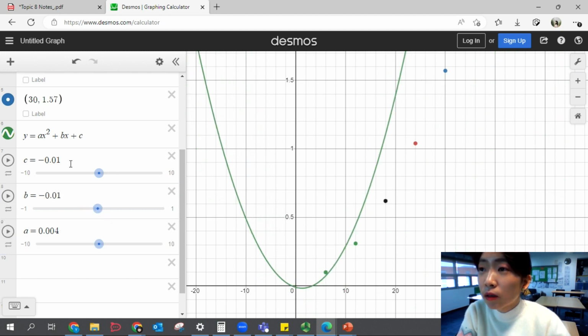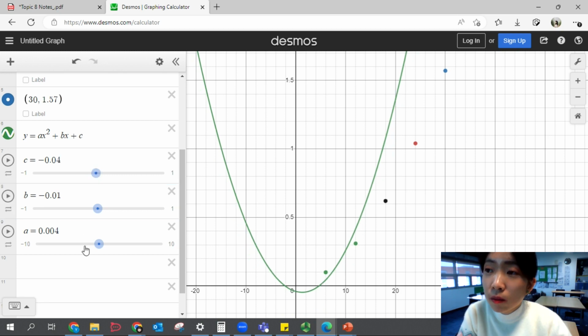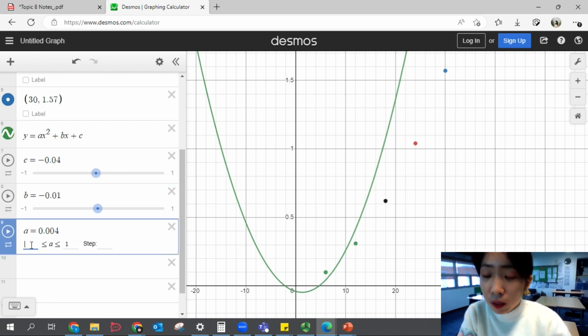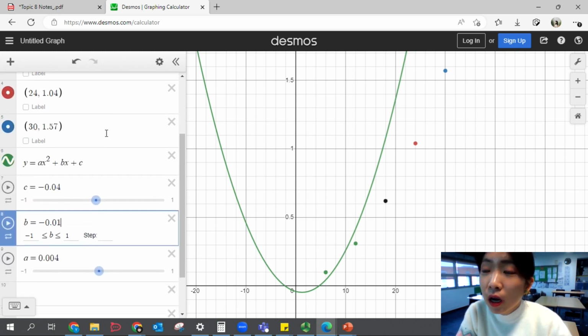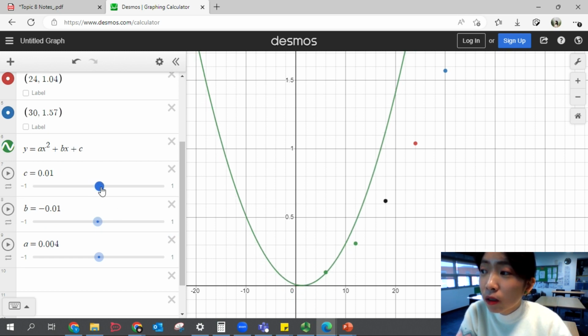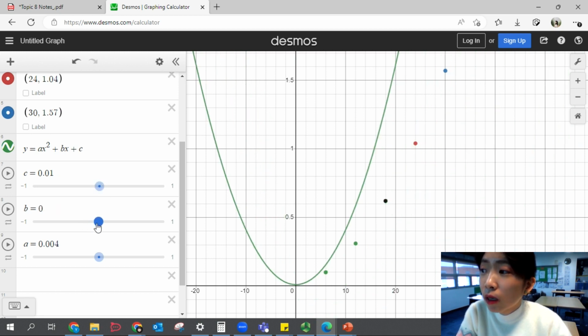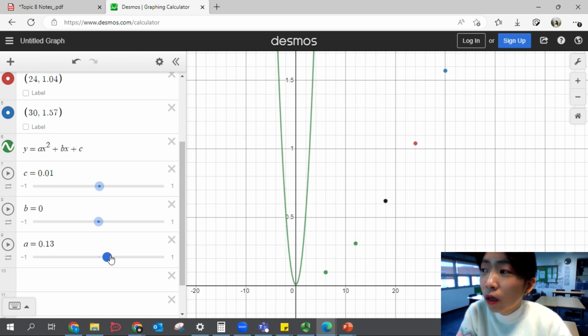So now we have an accurate one. So you might have to change the minimum and maximum, because this is a really small value. So all your y values are small, right? So you need to look at the y values to determine whether your minimum or maximum falls where, right? So that one looks more like it. You might have to move a little bit. So it's definitely not negative. It's a positive, but